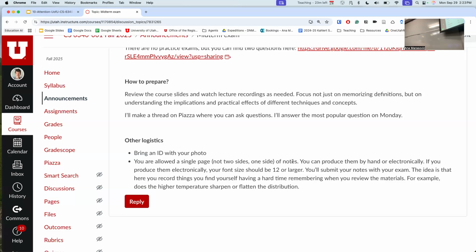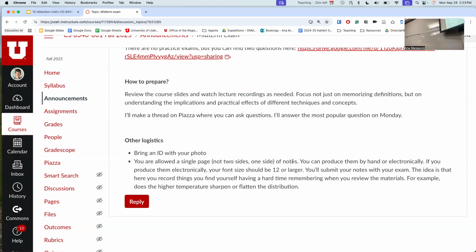My idea here is that I don't want to penalize you just because you simply forgot something that's trickier to remember. So for example, I gave an example of if in temperature scaling, we divide the softmax numerator and every summand in the denominator by T. And now does lower or higher T sharpen or flatten the distribution is a detail that can be hard to remember. And I would personally write it down on a piece of paper. So the idea isn't that you write every single thing so that you can then have it handy and retrieve it on the exam. Rather, as you're learning, you should have a sense of what's difficult to remember for you